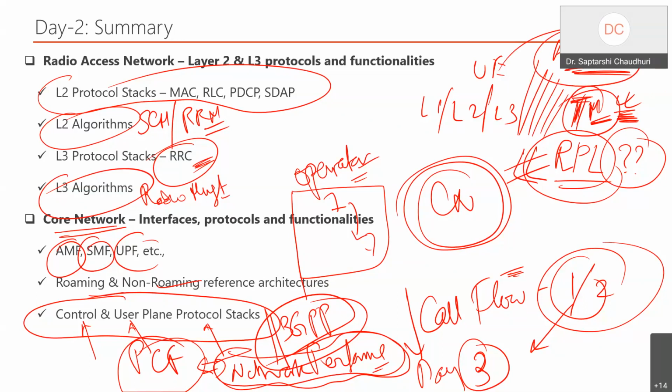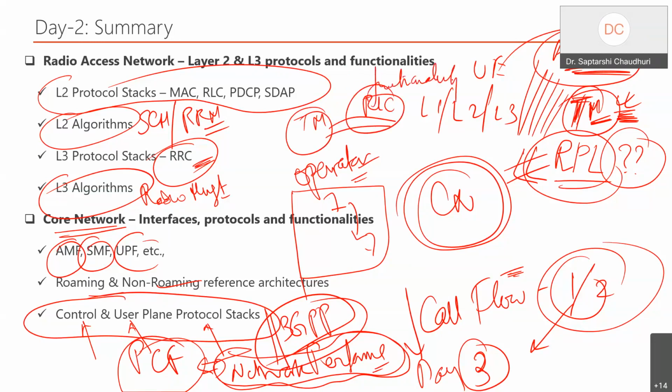Okay, so the next question is, can you differentiate the TM modes between LTE and 5G? Are they different in uplink and downlink as well? See, the TM mode is kept on in a different mode, because we use the TM mode just to ensure that the RLC's invocation of its functionality is not done.